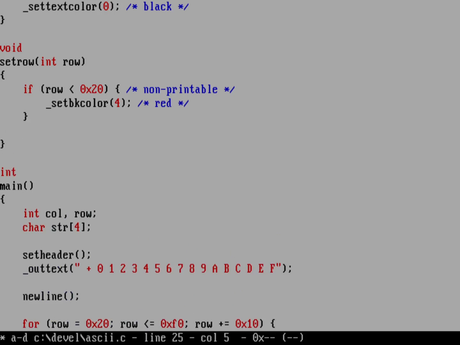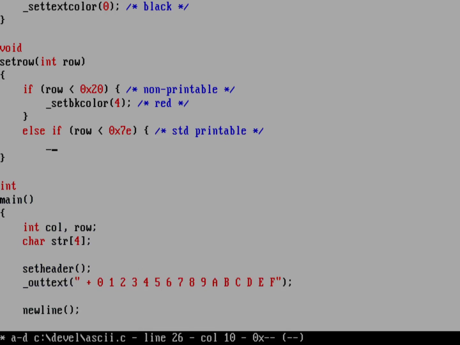And beyond that, so else, all right, so what's the next range? Well, the next range would be the standard printable characters. And so that goes up to, as long as the row is less than, well, it's got to be row 7, because all of the printable characters go up to 0x7e. The row actually I'm looking for is 0x70, but you know, we can do 7e, that's fine. Then it's going to be standard printable characters, and we'll set that background